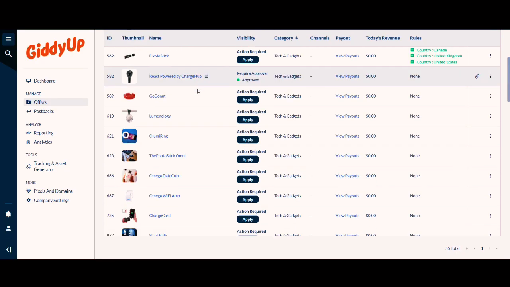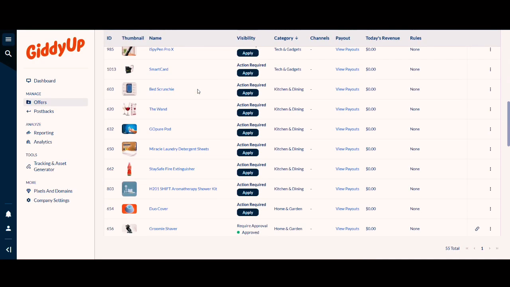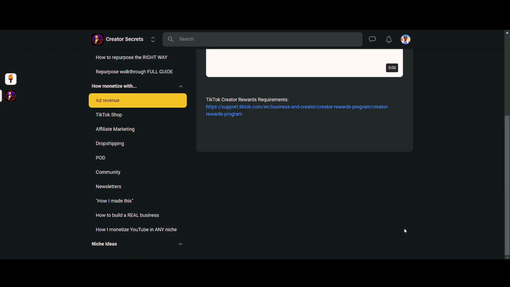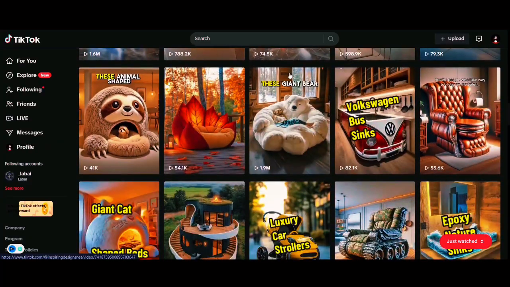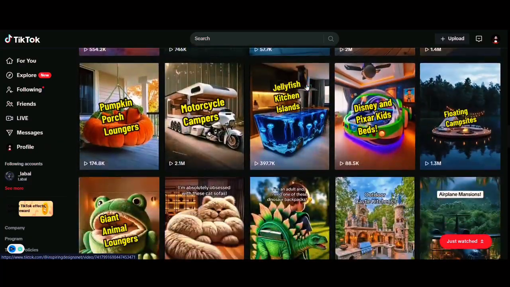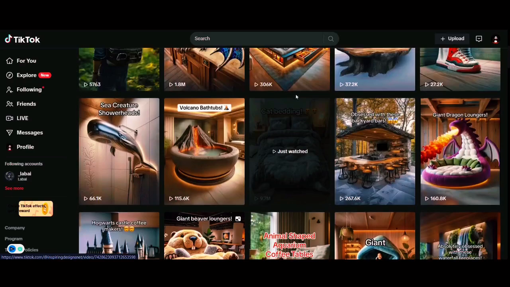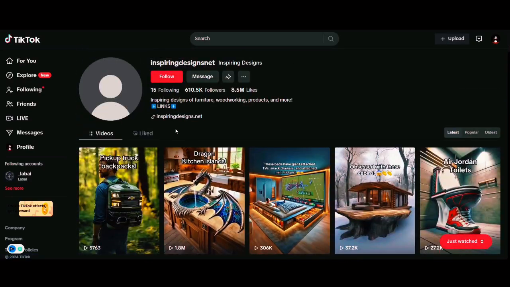And of course, there's also a lot of really good products that you could promote using TikTok Shop, which if you don't know the strategy for that, obviously be sure to come into the course and check out the TikTok Shop module and drop shipping and all those kinds of things. But overall, I think this niche has some massive monetization potential if you were to do something similar, but just have a better monetization strategy than what this guy's doing here.